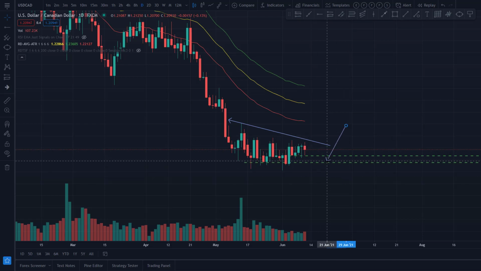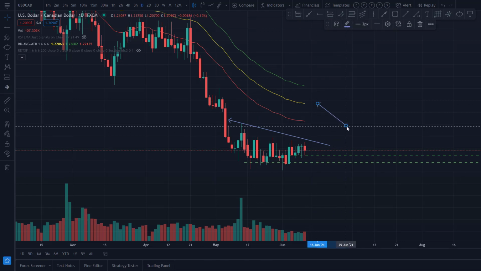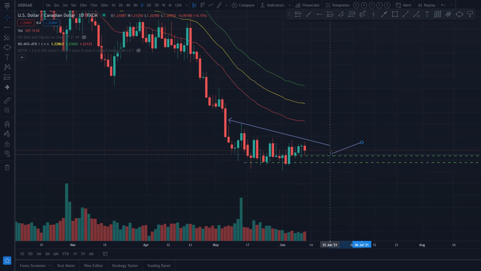So I would have entries at these levels. I would enter here, I'd enter here, I'd enter here, and then I'd have a stop loss down here, somewhere around here. Because obviously my expectation in my trade system is that if it does come down here and come down here, there's going to be some reaction below these lows. So my stop loss will be down here. It's not going to be in this area. It's not even going to be near this low.